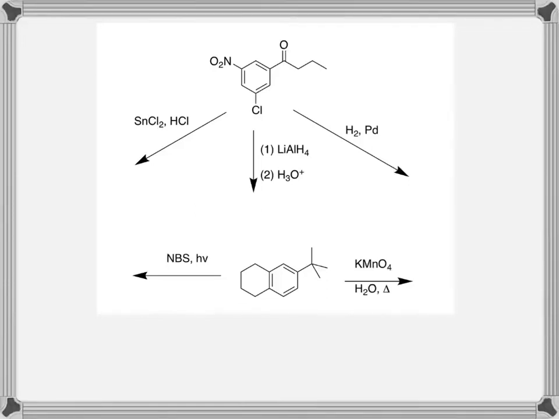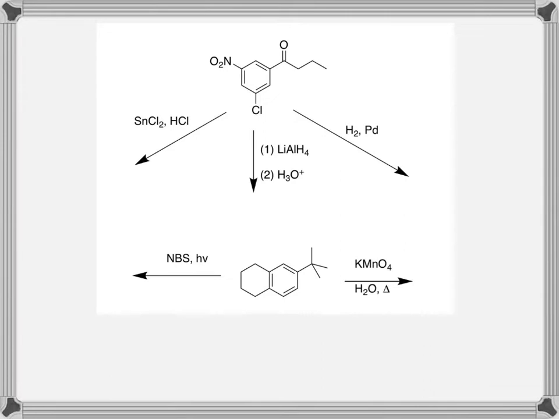This video is a key to Learning Objective 8 practice problems. Our starting material has a nitro group and a carbonyl group, a ketone, attached to the aromatic ring. So we're going to look at a variety of different ways to reduce one or both of those